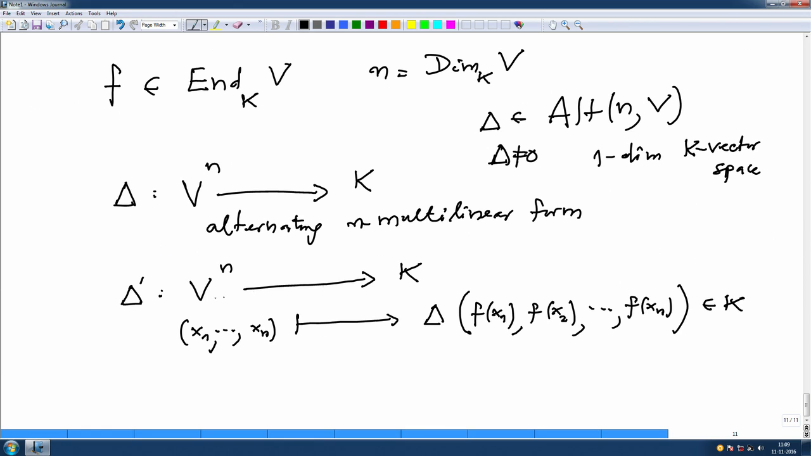So, I have a map from V^n to K. I want to say it is alternating. That means what? If two components are equal, then it is 0. But if two components are equal here, two components are equal here, and therefore delta, because delta is alternating, it is 0. So, it is alternating,